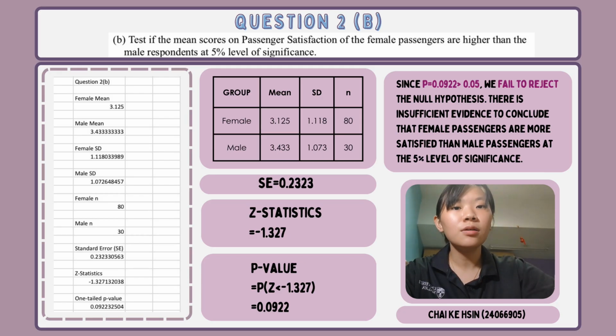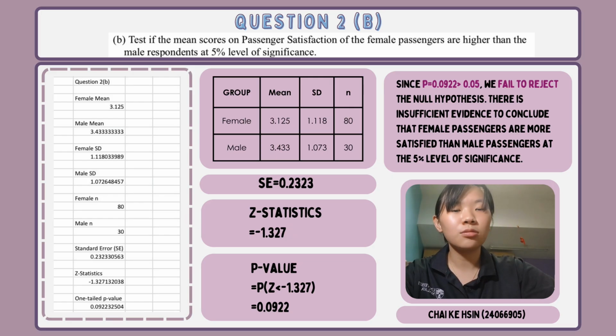From the data, we know that the female mean is 3.125 and the female standard deviation is 1.118. The female sample size is 80, and for males, the mean is 3.433, the standard deviation is 1.073, and the sample size is 30. From this, we need to calculate the standard error using standard deviation divided by the square root of the sample size,